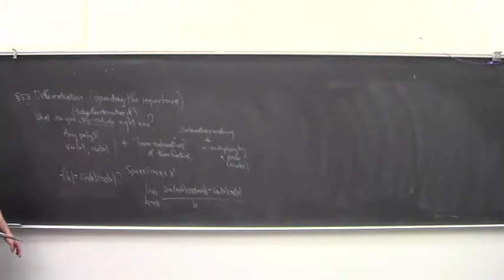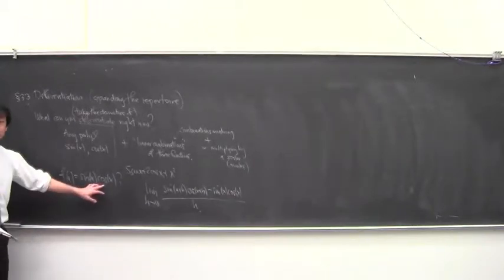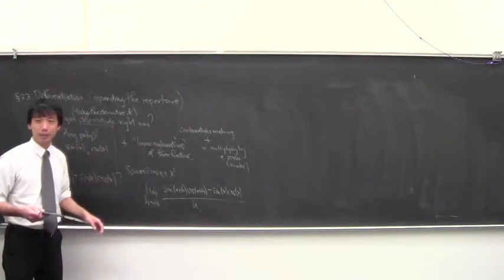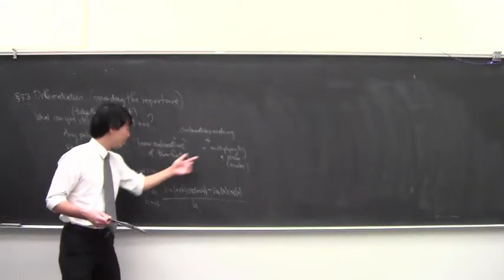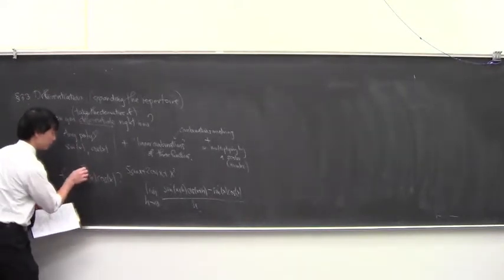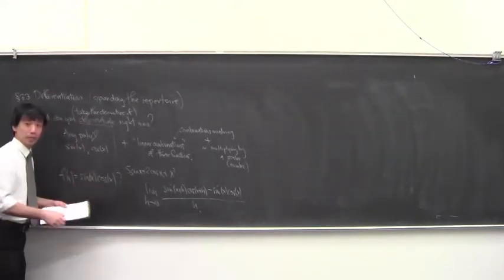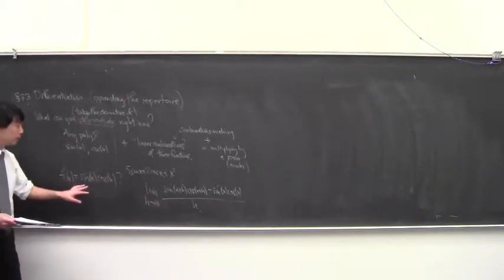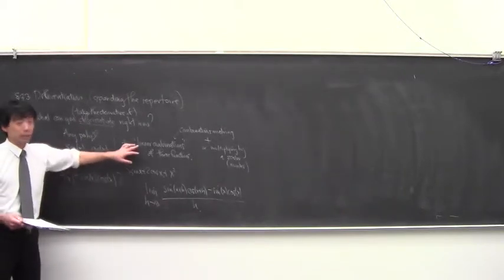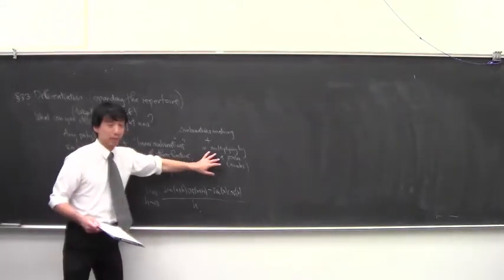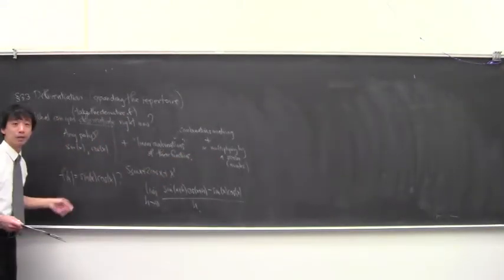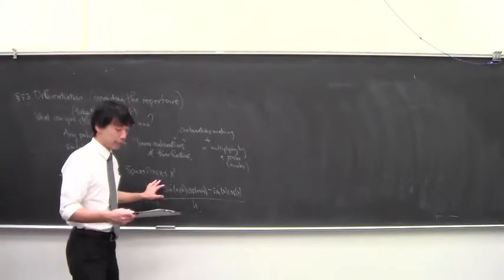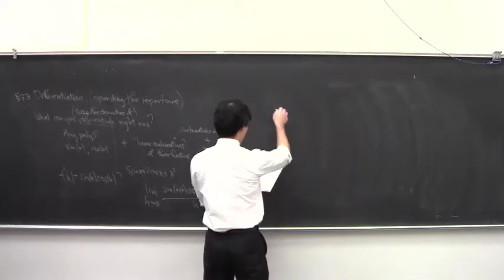Wait, isn't that just two functions multiplied together? Yeah. So this is a product of functions, and it's not a linear combination. We can multiply by a number, right? We can do 5 cosine x, but we can't do sine x cosine x. So to be clear, this is not multiplying by a scalar, but multiplying by another function. We could do it directly, but luckily for us,